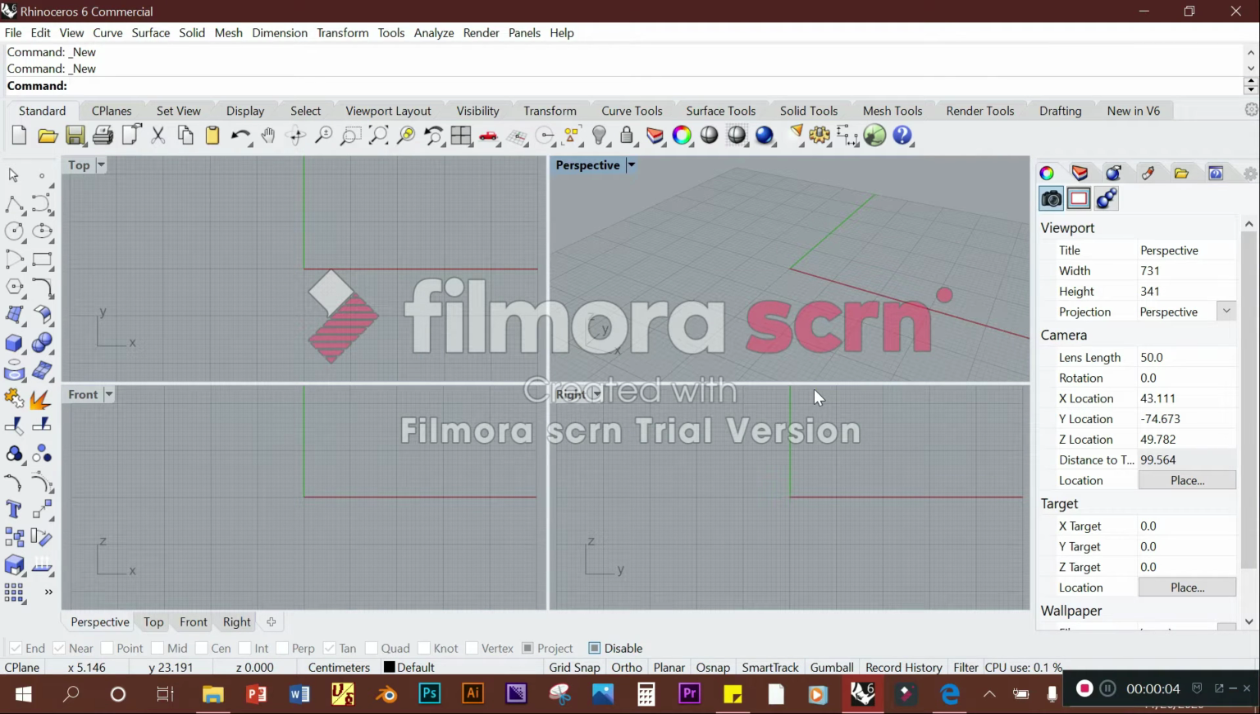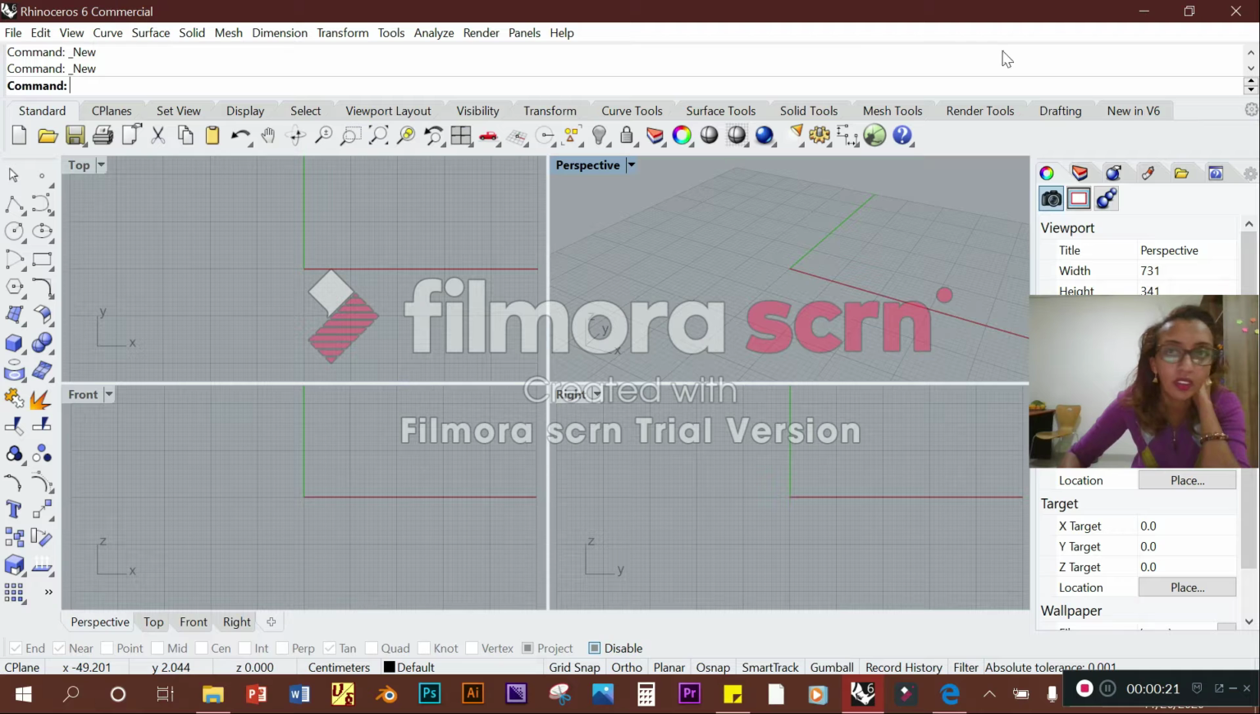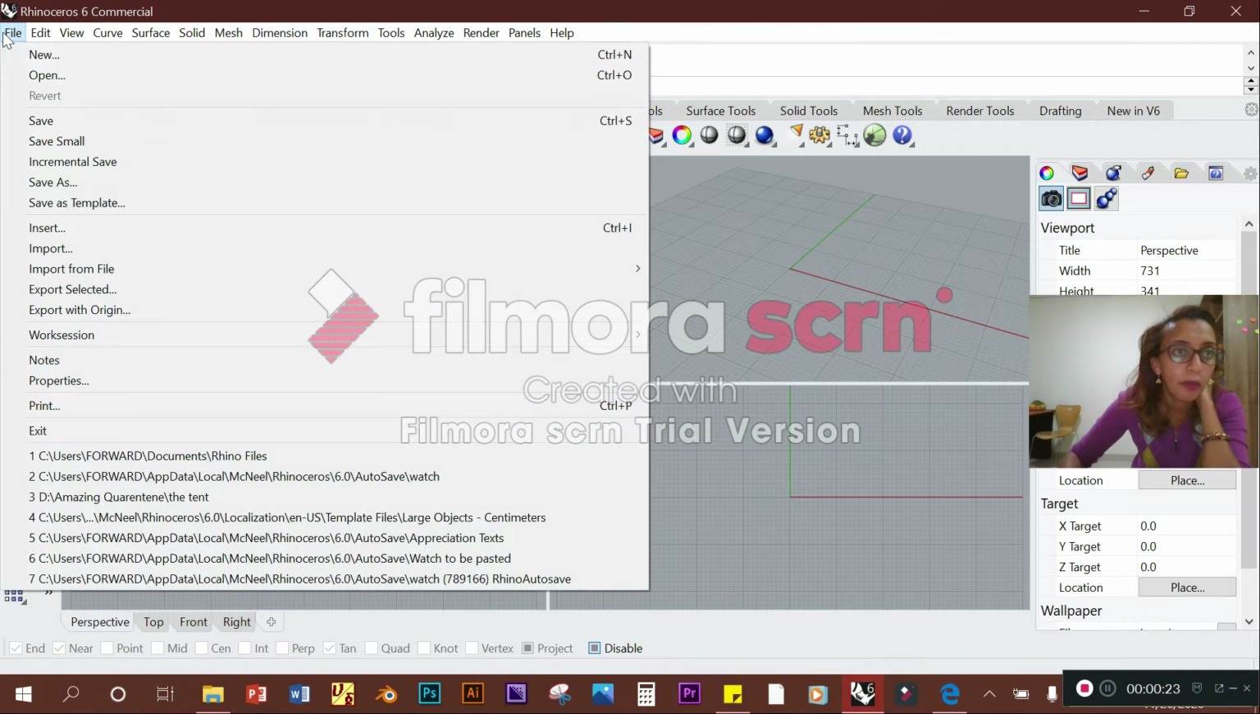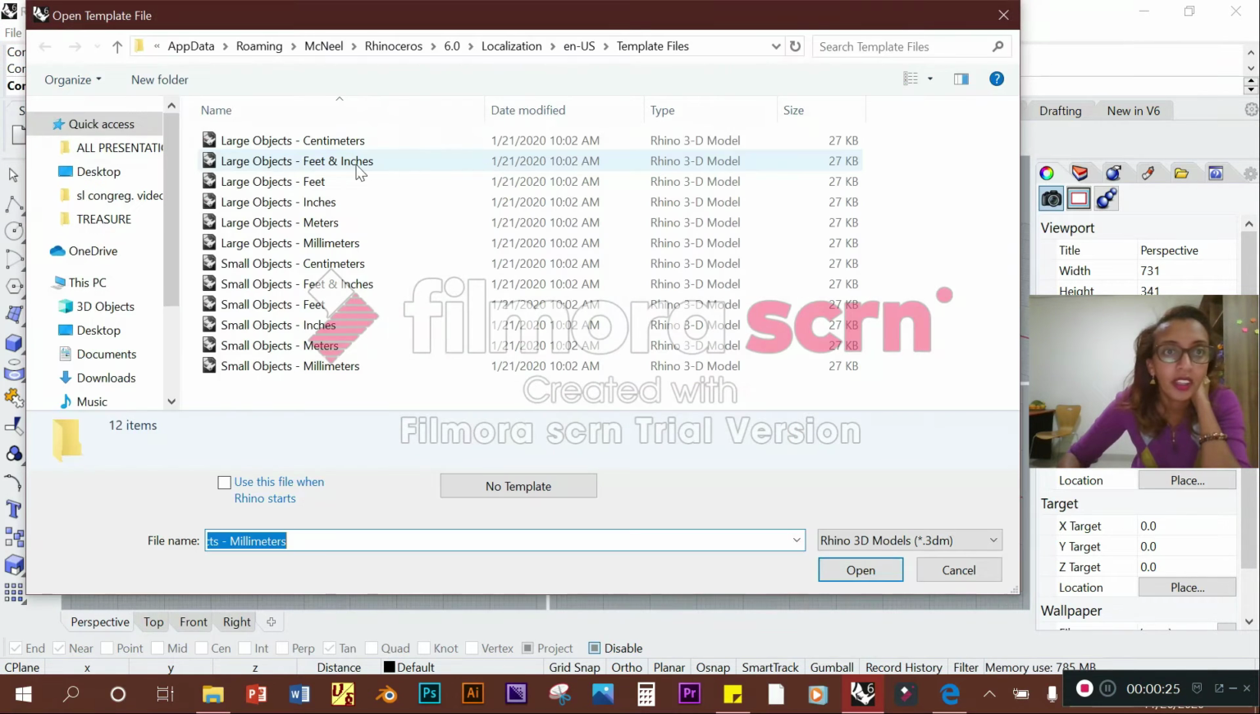I'm going to teach you how to make 3D models. You will learn 3D software with a software called Rhino. I'm using Rhino 6. I already opened the Rhino file, but when you open a new file, it will give you